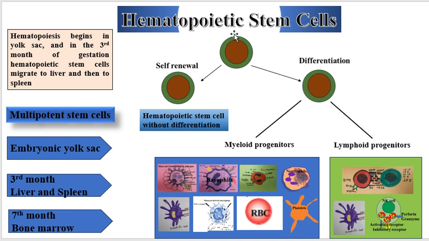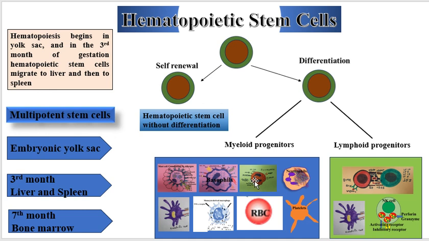As can be seen here, this is the hematopoietic stem cell, which has the capacity to differentiate into hematopoietic stem cell without differentiation and into differentiating hematopoietic stem cell. So this differentiating hematopoietic stem cell differentiates further into myeloid progenitors and lymphoid progenitors. Myeloid progenitors have the capacity to give